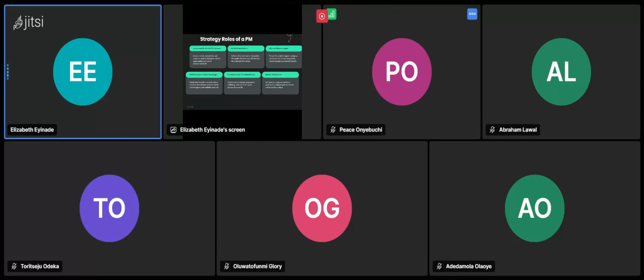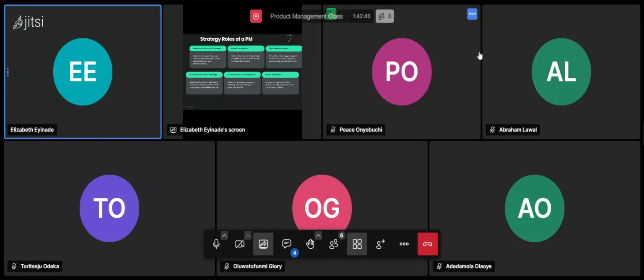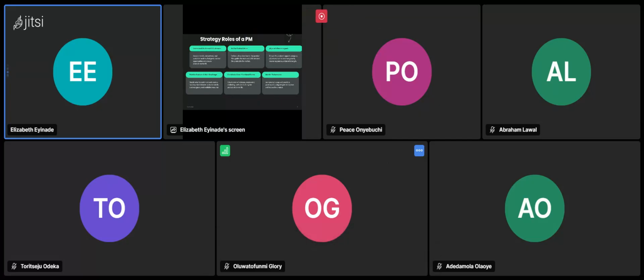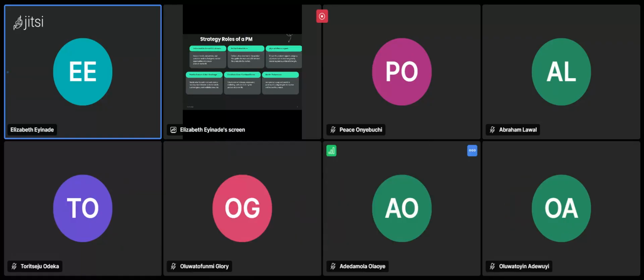Am I speaking too much? Is the information too much for us to digest, so that we can stop here and review other things? I think we should stop here today for introduction to product management so I don't give you so much information. Let's make the rest of this class an interactive section. Are you all with me? Do we agree?